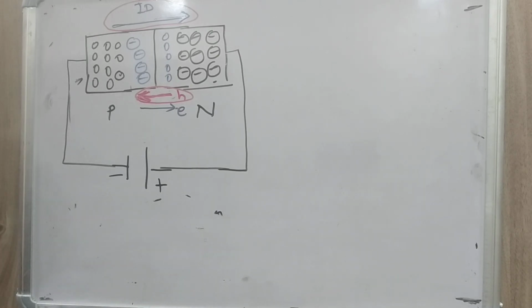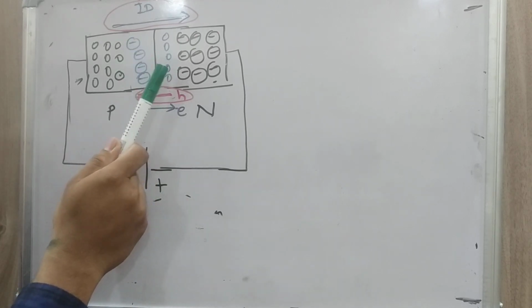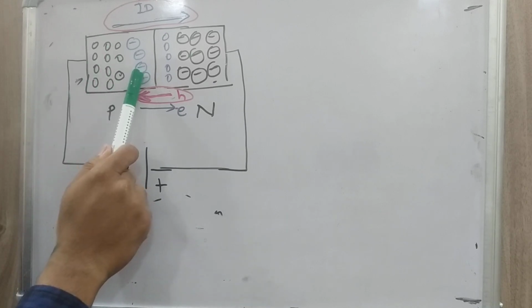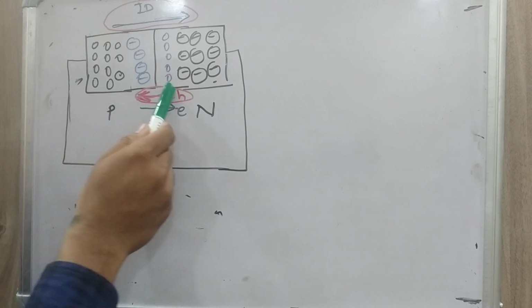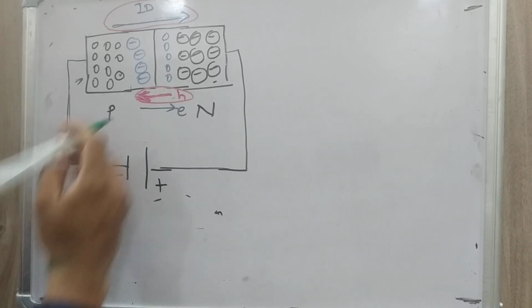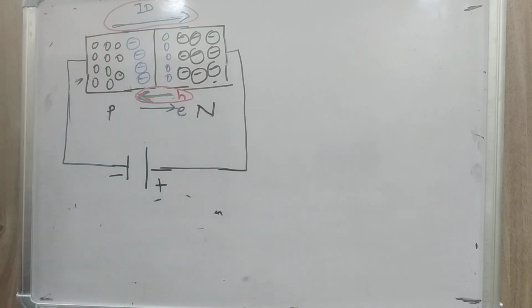So these holes from N side material to P side, and these electrons from P side to N side, right? So current has to flow in this direction. Holes have to move from this direction to this. So this is the reverse current, which is the reverse recovery current. I hope you got the point. If you have any queries regarding that, you can mention them in the comments. I will answer those queries. Okay, so this is the root cause.